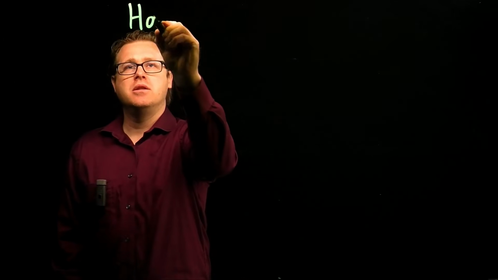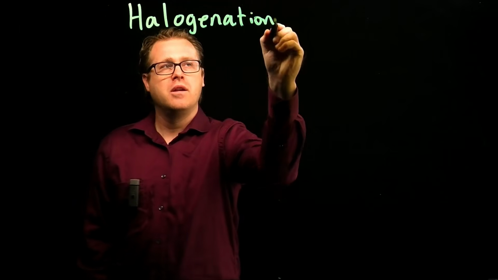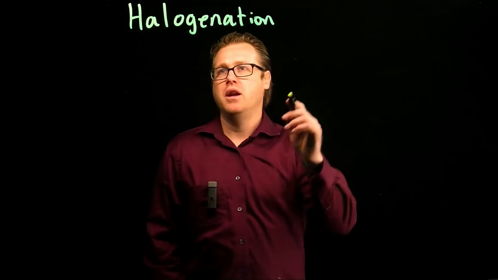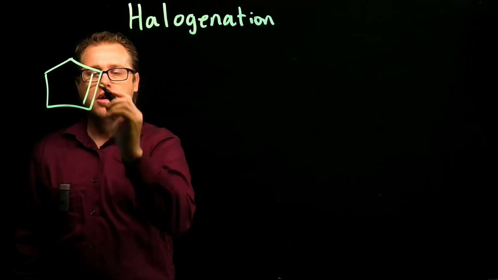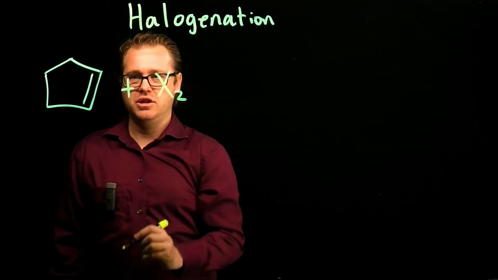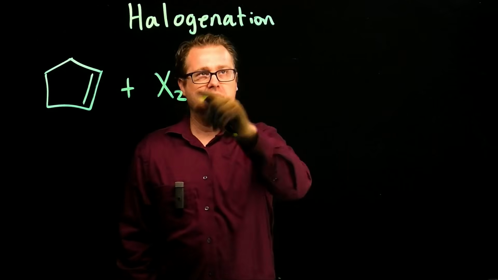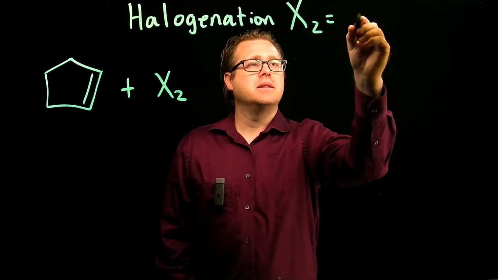Hello class, welcome back. So what we're going to do today is continue looking at addition reactions. And the next one that we want to look at is a reaction called halogenation. Halogenation is when you take an alkene and you treat it with a halogen. And that halogen can be chlorine